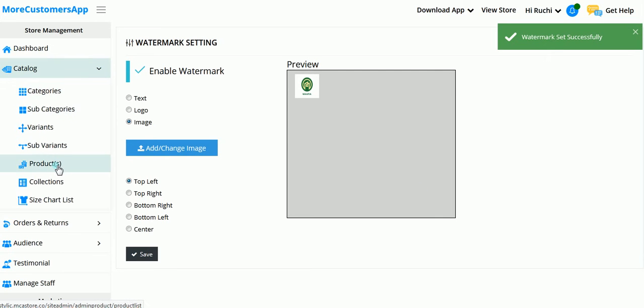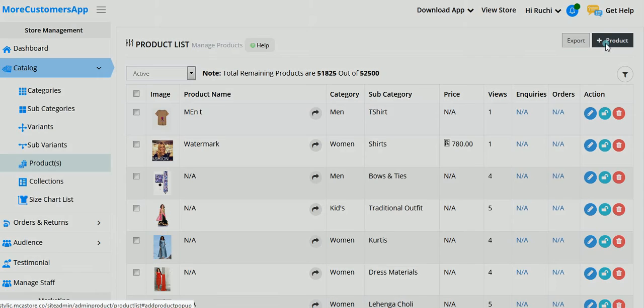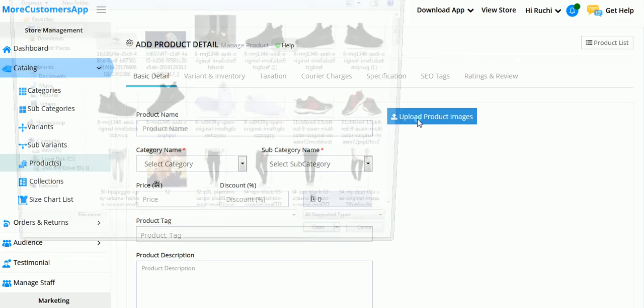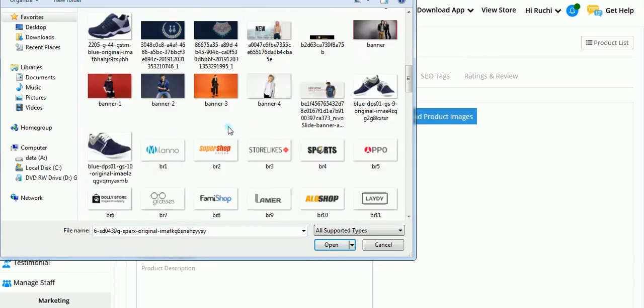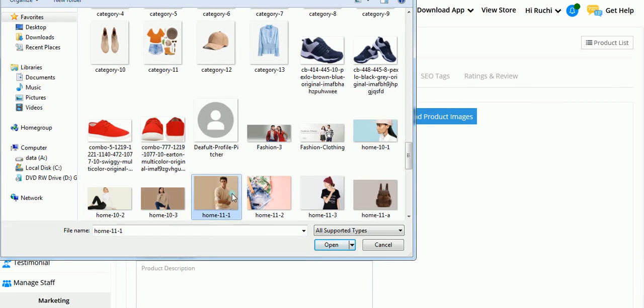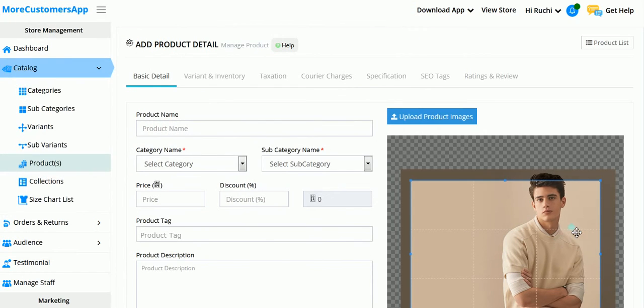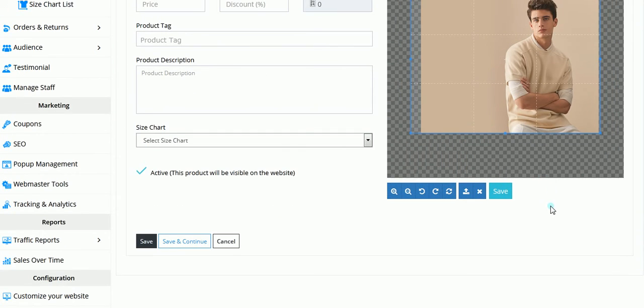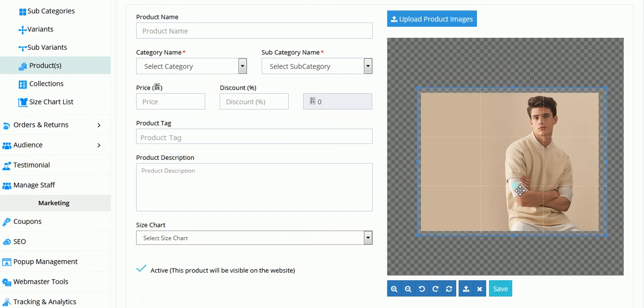Now again we will try uploading a single product. Okay, if we go for this one, here we can select it, we can crop it according to our choice, and we will just save it from here.